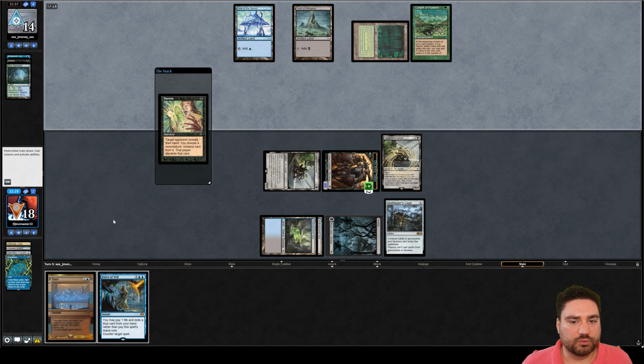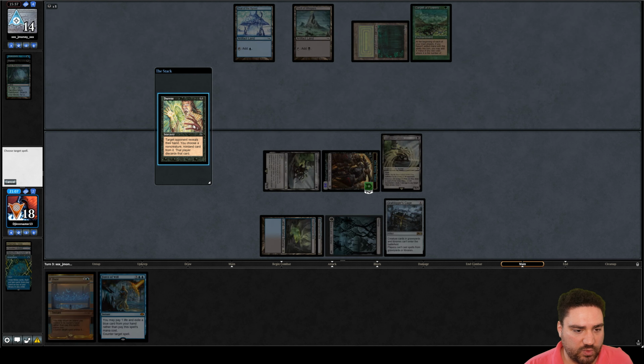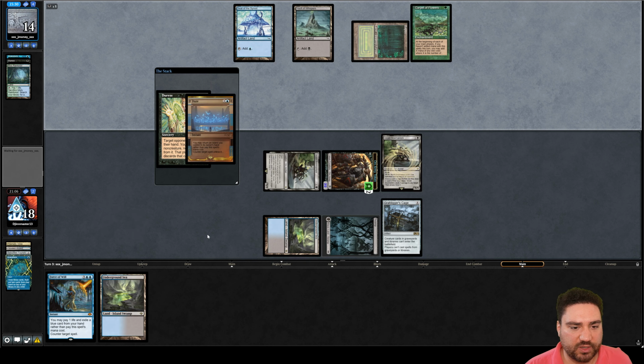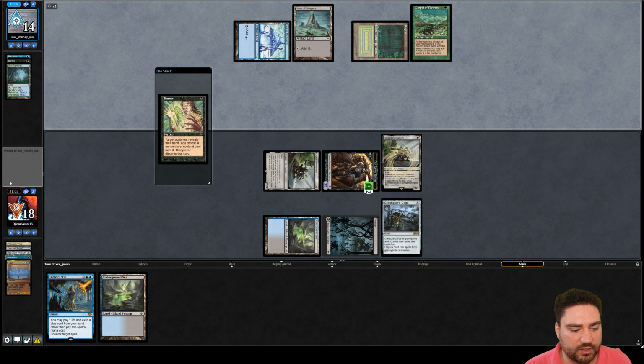Okay, they're back. Duress. I think in the case of Duress, we pass this by returning an Underground Sea to our hand to see if we can get them to spend 1 more mana. Because if we can get them to spend 1 more mana, that might knock them off their math. Did they see through my ploy? Okay, they do want to...